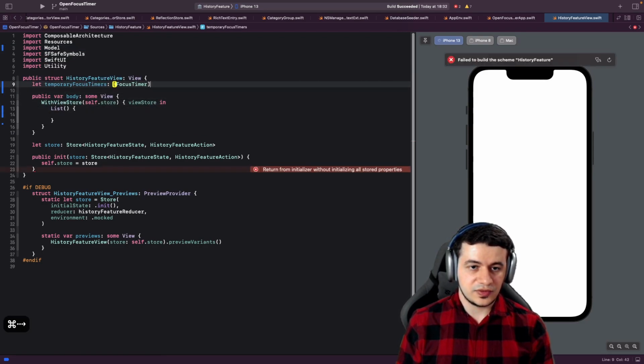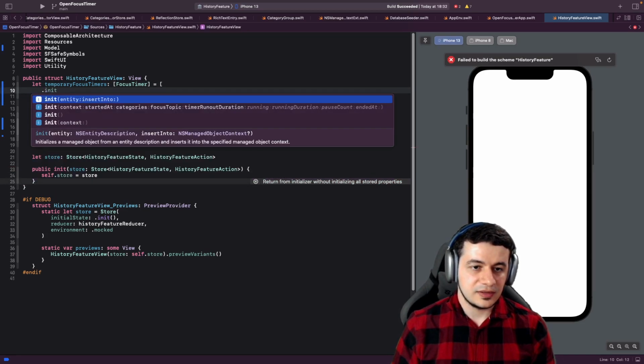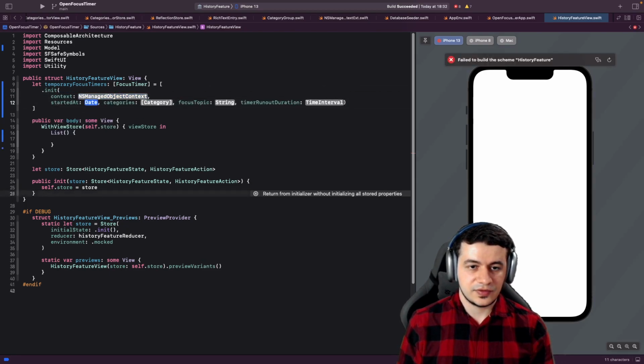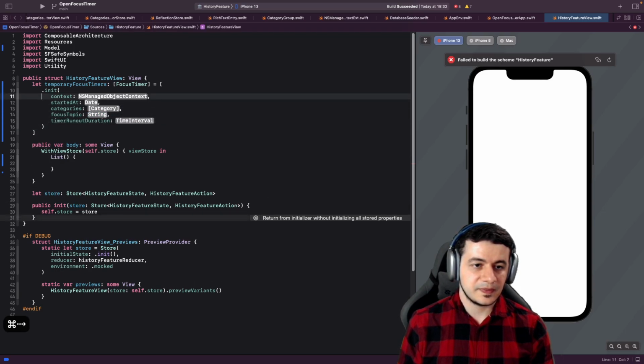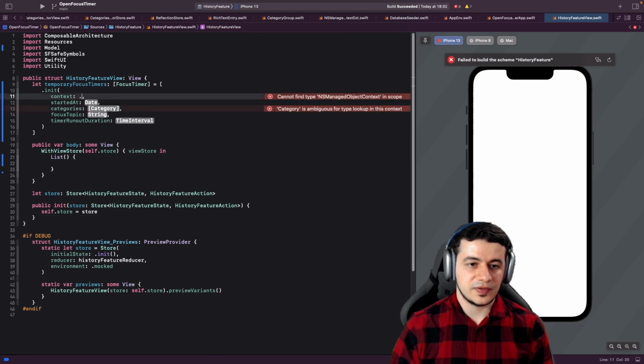Now we should be able to do this here, and I'm just going to implement a few here. Init with a context, started at, categories, focus topic, etc. The context I'm just going to pass, okay, what can we pass here? Can we pass mocked? It looks like